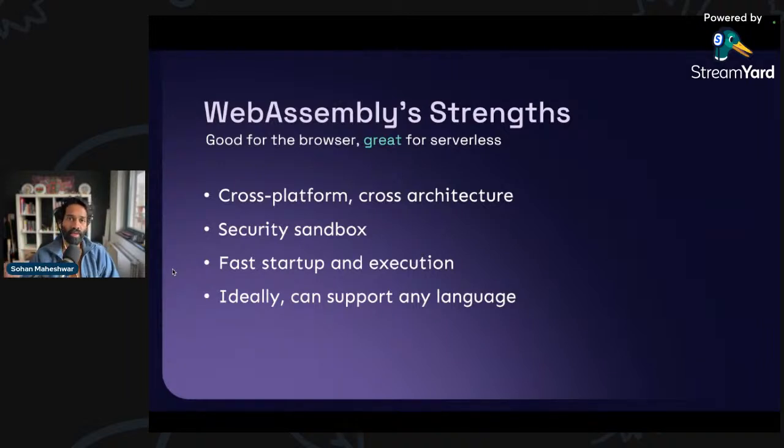Now, this is very powerful in the world of server-side and cloud because of how secure it can be, right? I can actually run untrusted code on, say, a WebAssembly runtime because I know that it can't interfere with any other WebAssembly modules that I have running in the same runtime, right? So that is very, very powerful. There are a few things about its speed, its binary size, its startup, its execution that we will also talk about in a while about why it can be very powerful to run in the cloud.